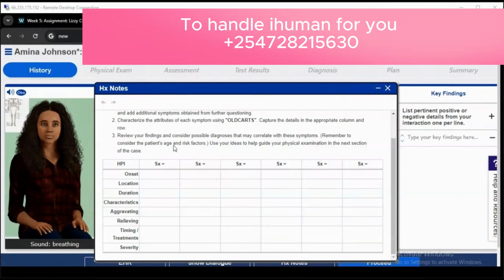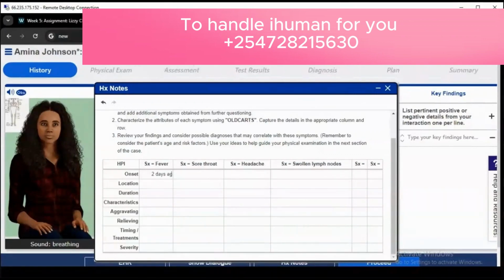The answers to these systems come from the patient's response to specific questions that were asked regarding the same areas. Once you're done with the EHR, the next section is you also have to give history notes, which are notes regarding the patient's health status. From our assessment of the history questions, we found that this patient has basically 4 symptoms. Despite only listing 2 of these symptoms as reason for encounter, she has 4, which are fever, sore throat, headache,